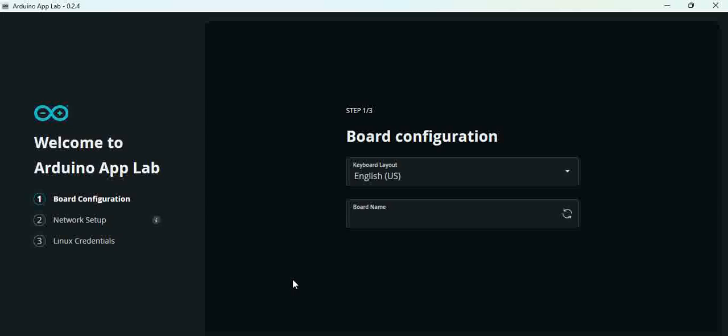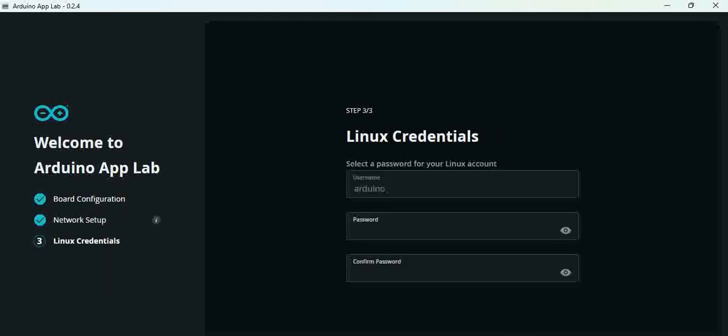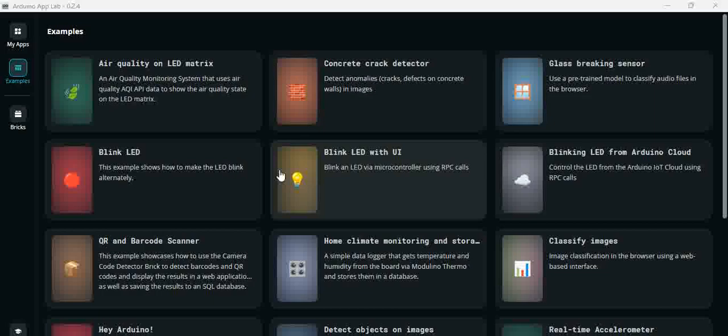It is asking for the board name and further details. Let us give the board name here. We have given it as Arduino Uno Q, and then click the confirm button at the bottom. I would suggest you write down everything and keep it noted. If you have worked on a Raspberry Pi board, it's very common that you tend to forget the password every time. So there is every chance you can forget the password. Better you write down the password somewhere and keep it for your reference. Once you set the password,